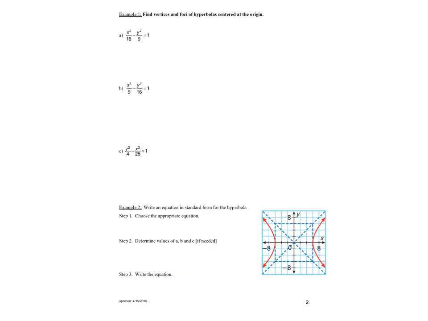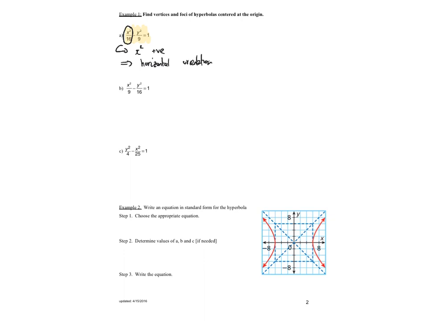So let's see our first baby examples of working with hyperbolas. We're asked to find the vertices and foci of these hyperbolas centered at the origin. For part A, we're told x squared over 16 minus y squared over 9 is equal to 1. Now, which term in the equation is positive? Well, it is the x squared term. X squared, x-axis, makes us think oriented horizontally. That's how it works. So x squared positive means horizontal